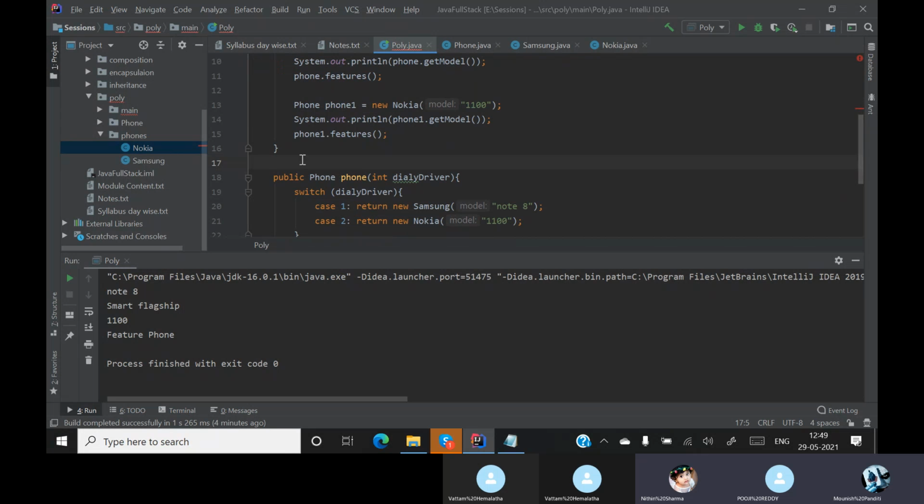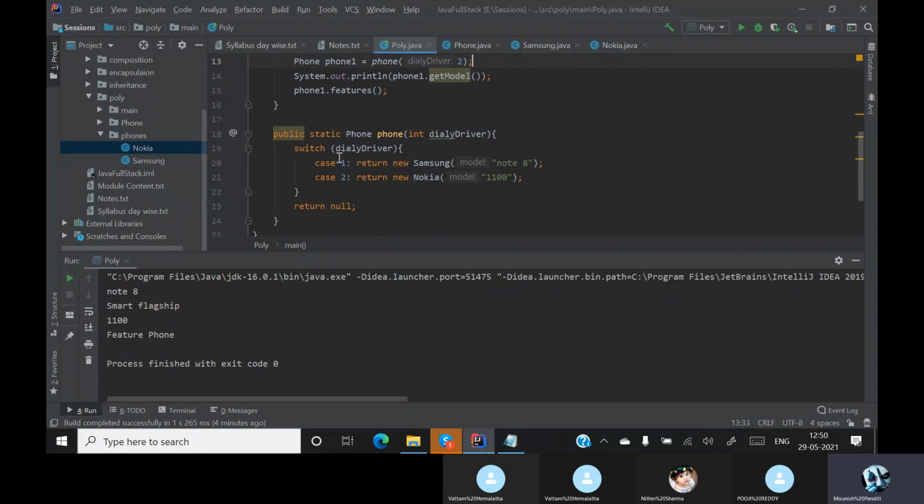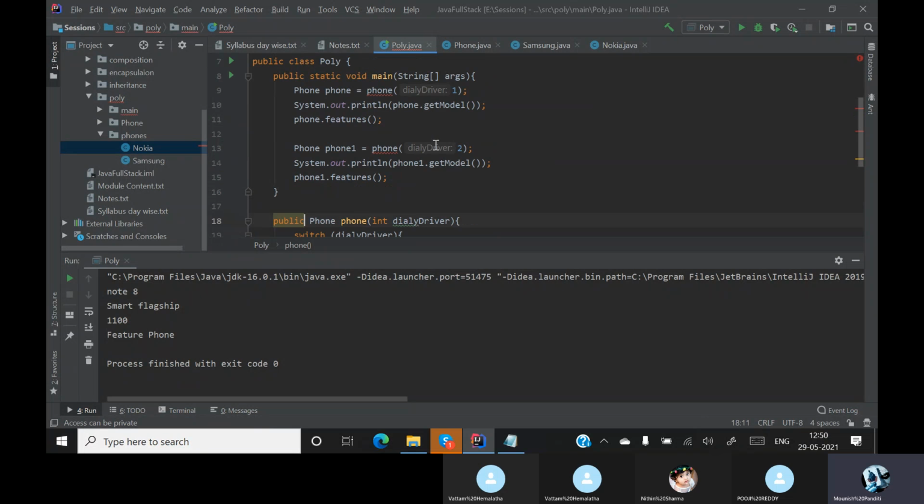If I specify the keyword static, then it is a static method, and you can see there is no error. If it is not static, then you must call it with the help of the class name.